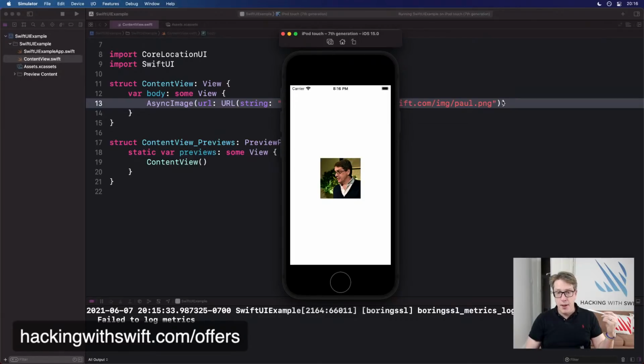Now, if you think about it, it makes sense that SwiftUI has no idea how big that picture is going to be. It happens to be that sort of square picture of me in Paris speaking on stage. Yeah, check me out. And it doesn't know it's that big. And so what happens is it allocates all the space. It's got this flexible width and height. It'll grow to fill all available space, which is not ideal. And so it'll jump around as it loads.